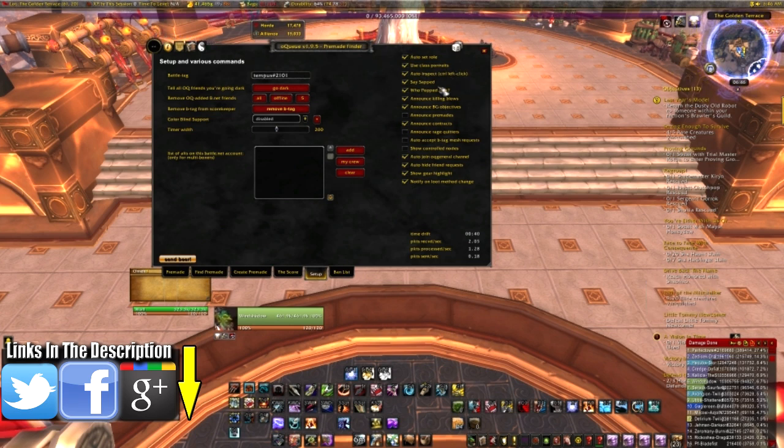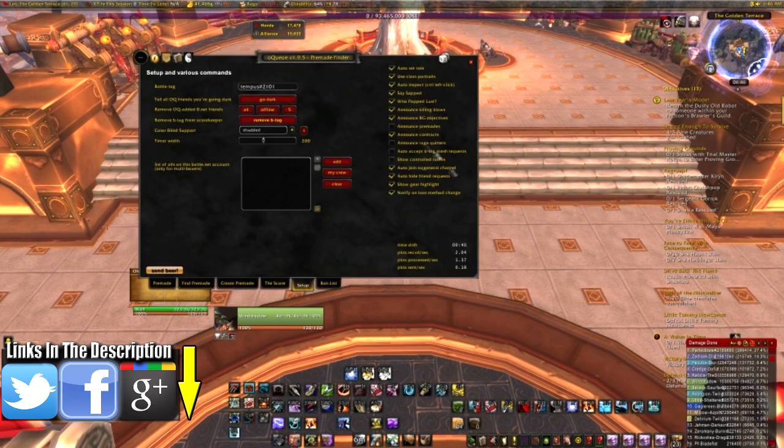The say sapped option: if a rogue saps you, you will actually say in says chat that you are sapped. So if you got sapped by a rogue in a battleground, it'll tell everyone around you that you're sapped, and then they'll ignore that and run away from you and you'll die horribly. And then it'll also say who popped lust. If anyone pops lust, it'll announce it. It'll announce killing blows, battleground objectives, premades, contracts,